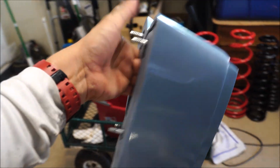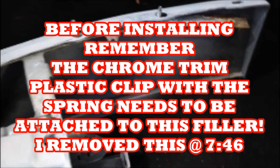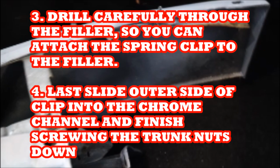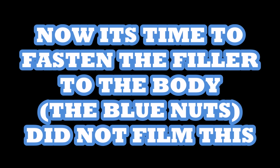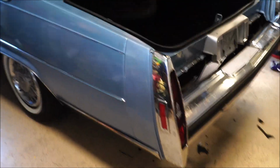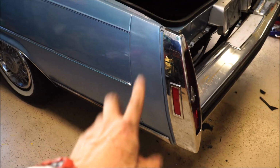Folks, so I basically just went ahead and I put my bracket inside. It lined up perfectly. I mean, I really don't need to show you on film. It just slides right in from underneath and goes right into all the holes, and then we're just gonna go ahead and... So sorry I didn't film it, but after these were bolted on to the frame, I'm sorry, to the rear quarters,